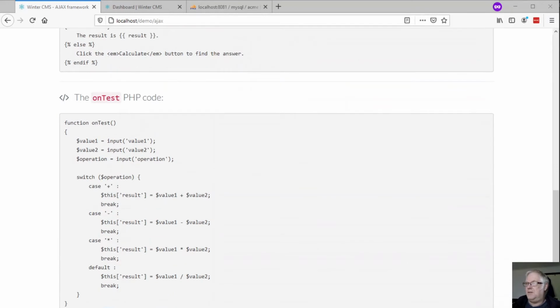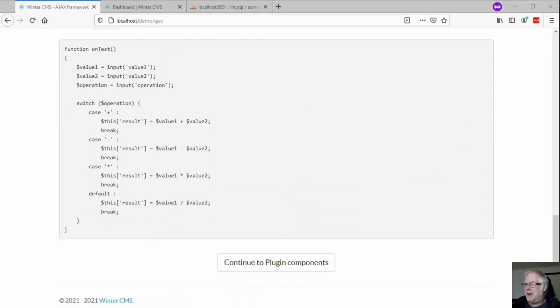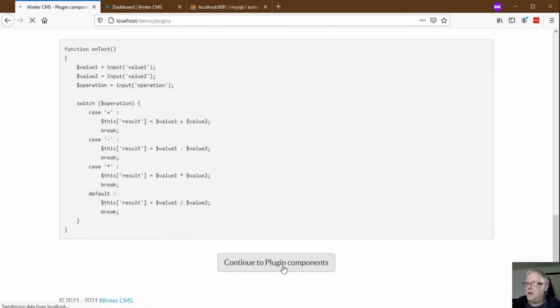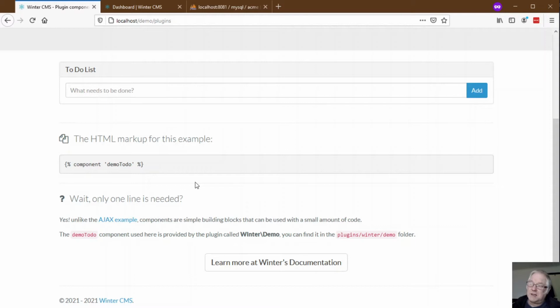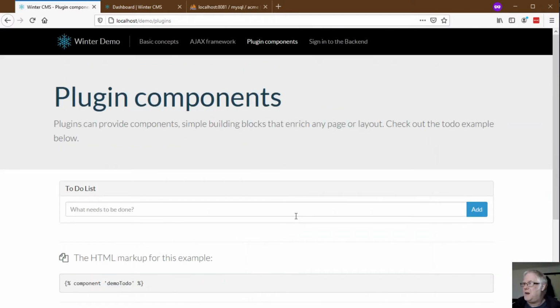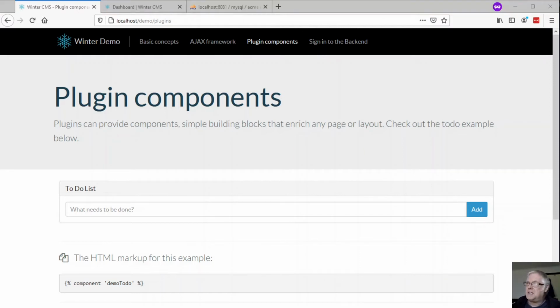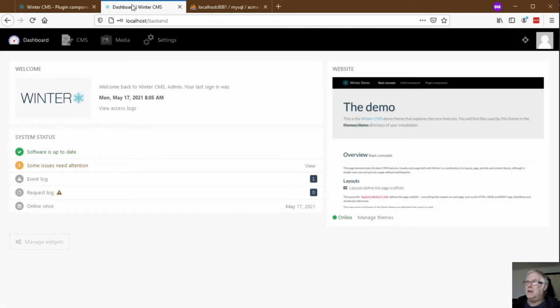I'll leave you to sort of go through all this, and the next page it goes to is talking about plugin components. We can create our own plugins, which we'll be doing at a later stage in this series, and you can add those into your project. So all in all, it's a very comprehensive system. Providing you've got your database and all that sort of stuff installed, you should be able to get